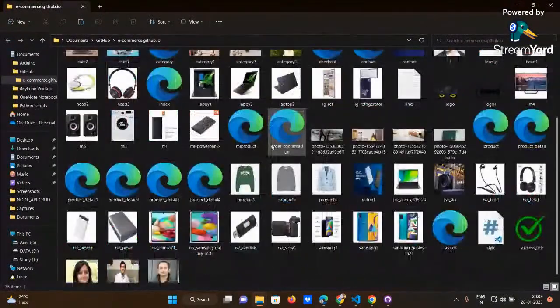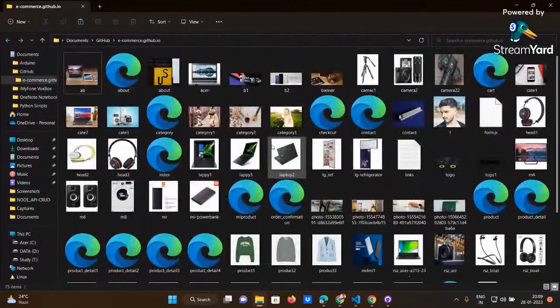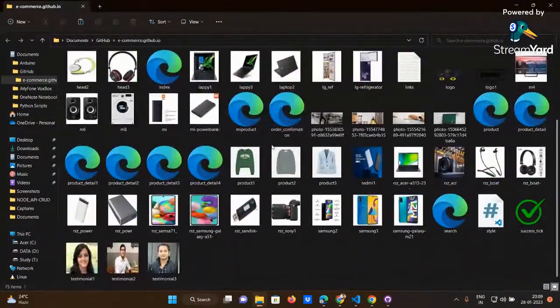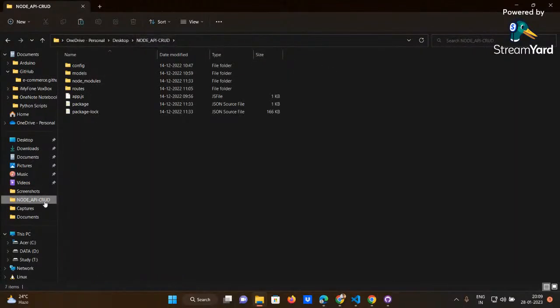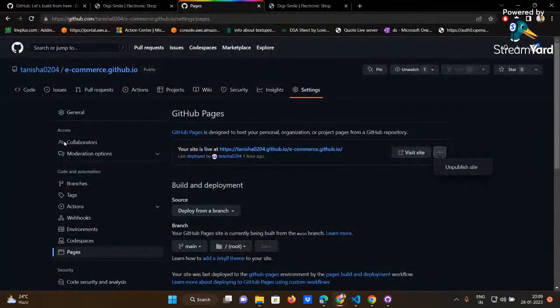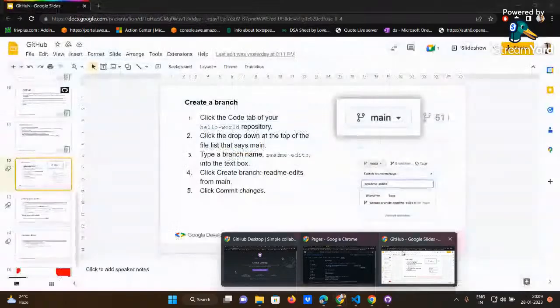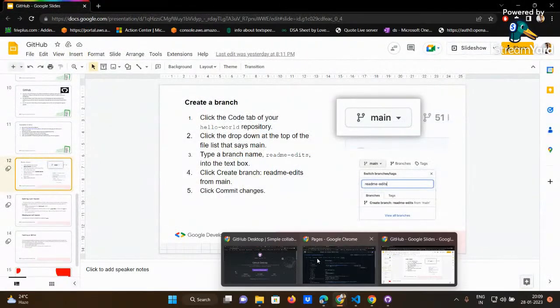Okay. Now, these are the things I've used on my project. These are the assets that I have already used in the project. Now if we go to this, this was the project I opened, and I just showed you on my GitHub account here. This is the wrong page.